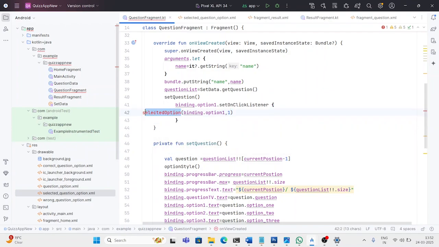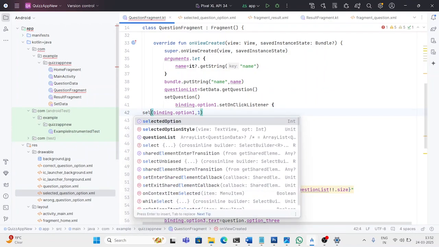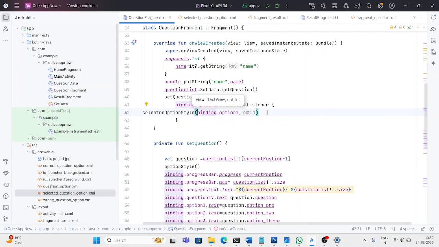Here I will call the selected option style. Okay. Similarly,